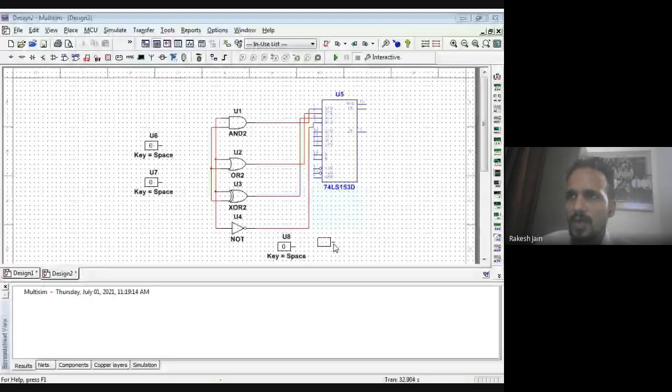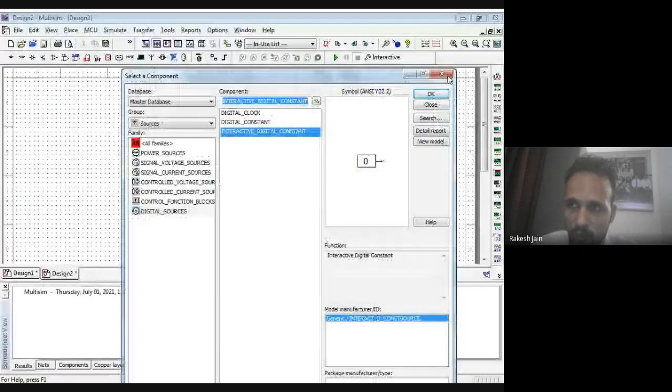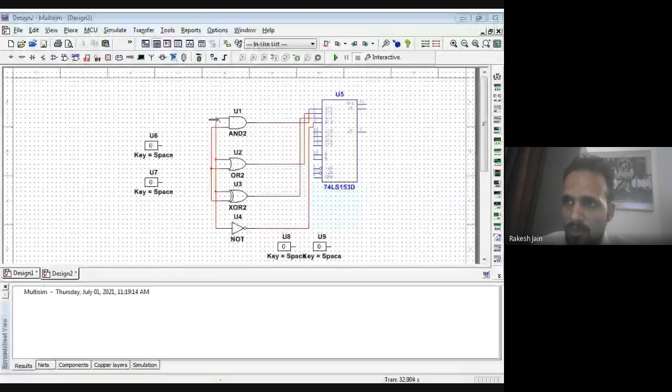See very carefully. We connected all the first inputs of all those logic gates. Now connect those together with the first interactive digital selector. What is the role of this interactive digital selector? We can select a 0 or 1. When I click on this digital selector, it is 1. Again click, then 0. So 1 0, 0 1, 1 1, 0 0, this kind of possibility can be used practically with the help of these interactive digital selectors.